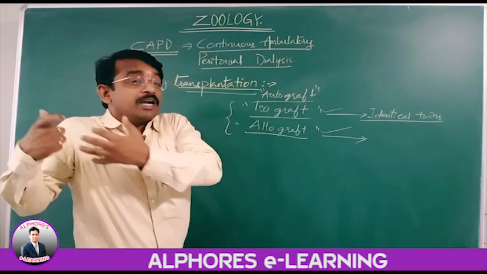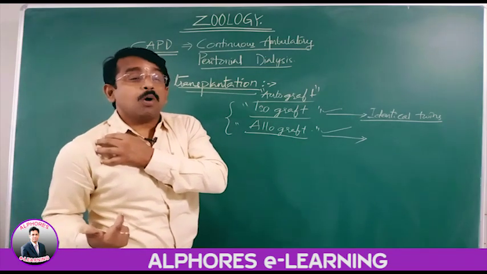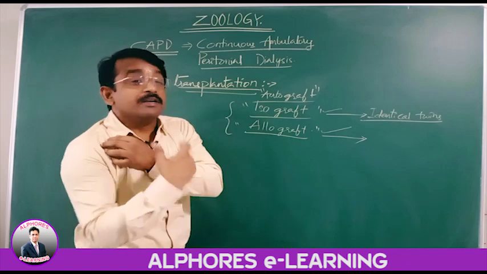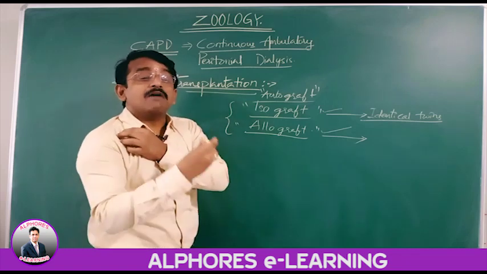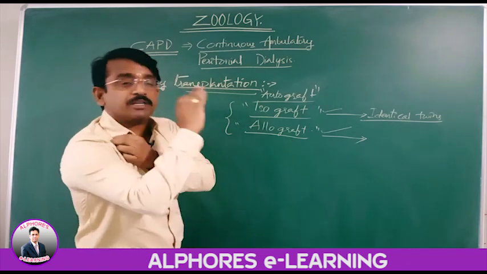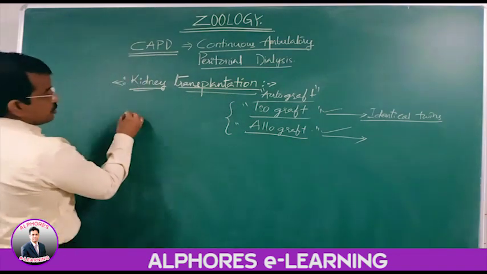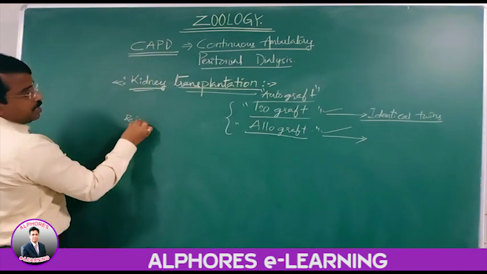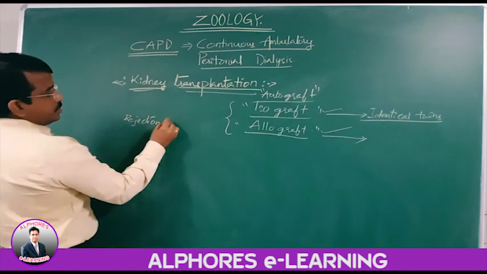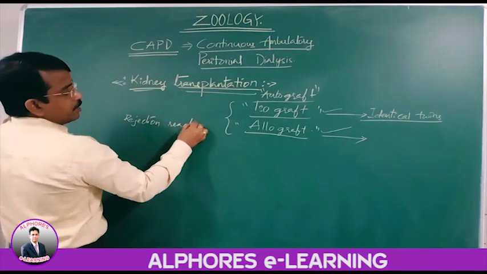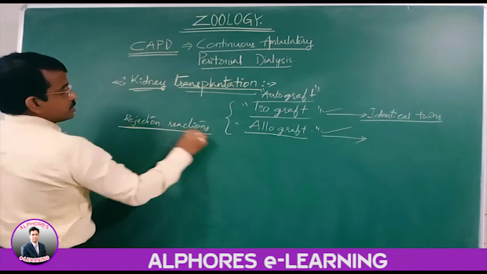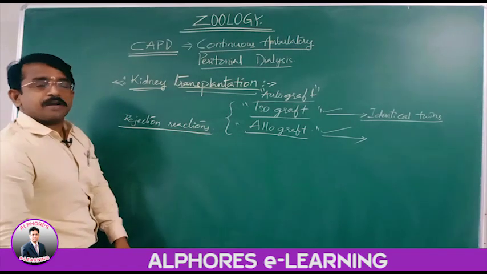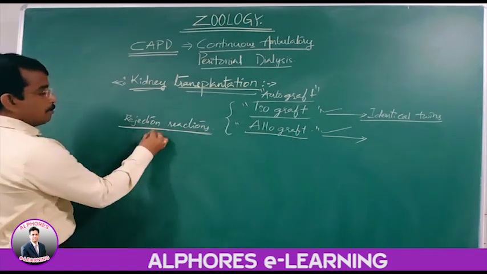If a foreign tissue or organ is transplanted, definitely our immune system is going to reject it. So rejection reactions take place. These rejection reactions can be avoided by giving